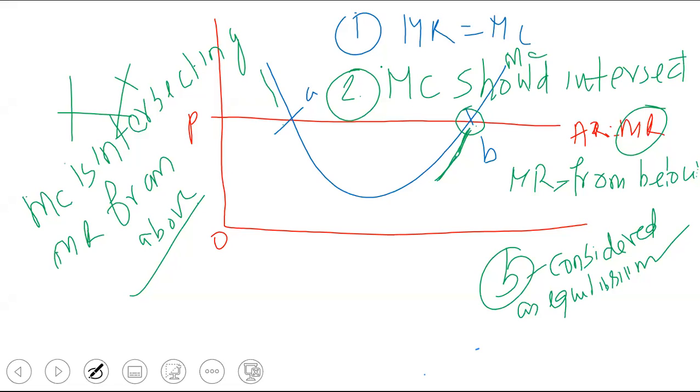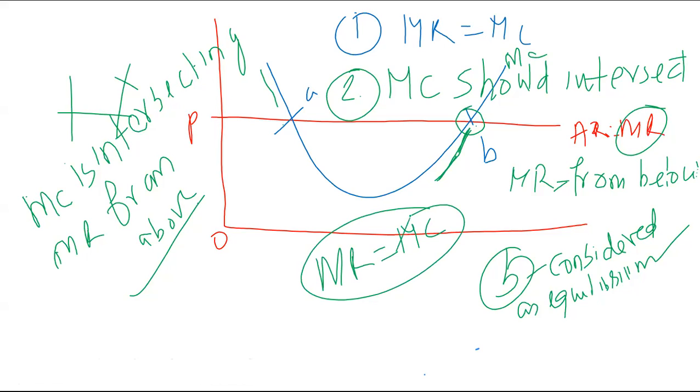What is the first condition? Very good. Yes, nice. MR is equivalent to MC. That is the first condition. Look, very very important. In the entire market structure, we are going to use this condition. So you cannot forget this. MR is equivalent to MC. Then MC is intersecting MR from below. Either you can see that. So in the diagram, in this particular answer,